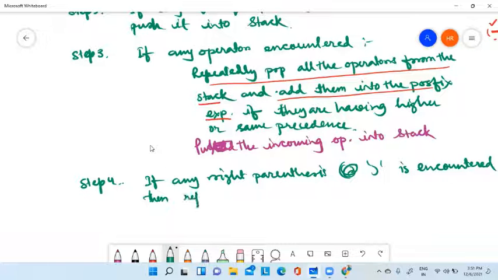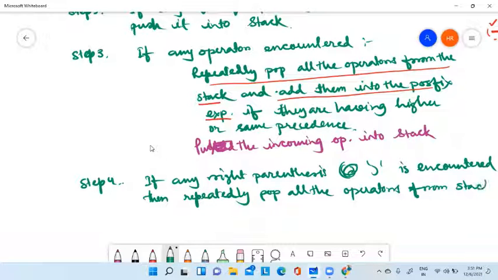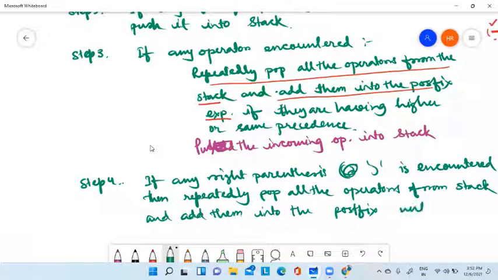Then repeatedly pop all the operators from the stack and add them into the postfix until the left parenthesis